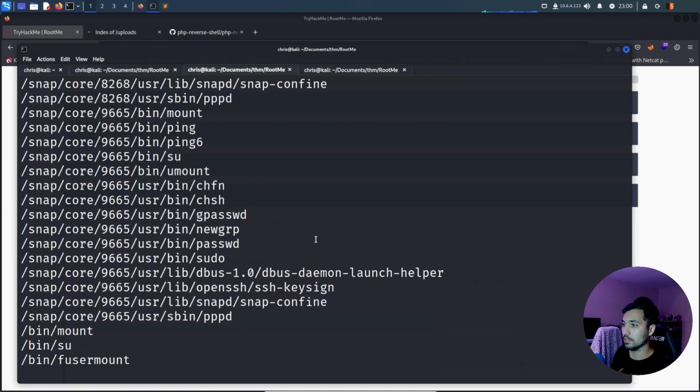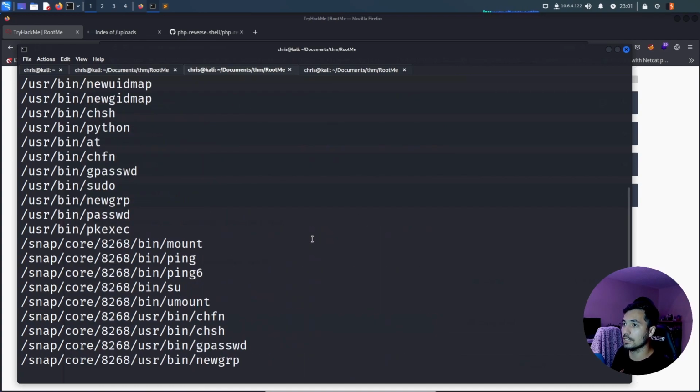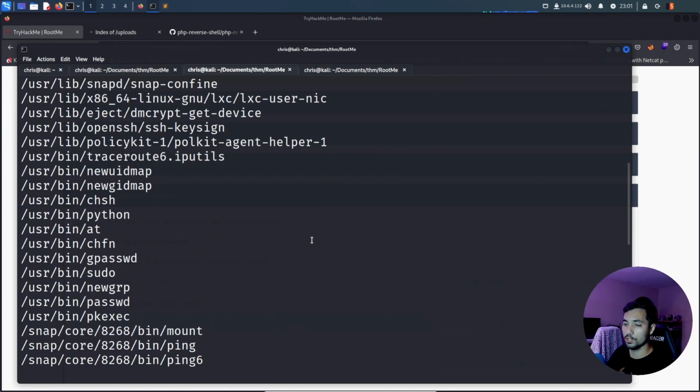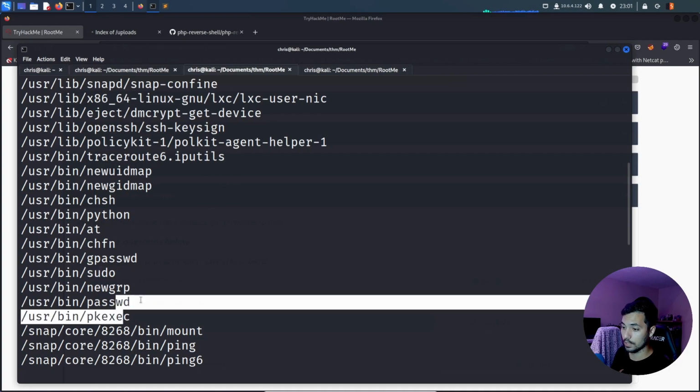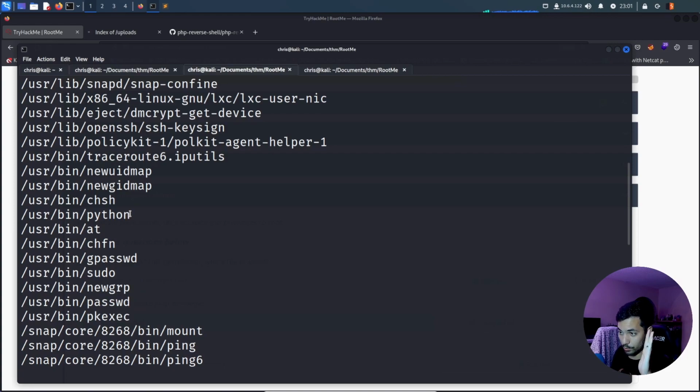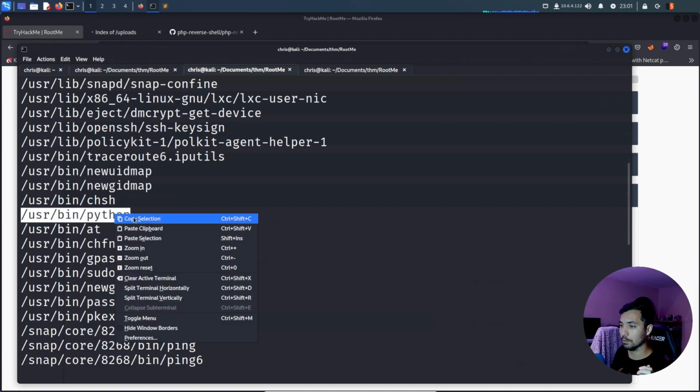We got a good amount of stuff. All right, let's see if anything stands out. A lot of things are going to have super user permissions by default, like usually ping. Let me see what else stands out. SSH key sign for OpenSSH. Obviously, these will require some sort of authentication for most of those. Password, sudo, like we mentioned earlier. Now, there is one that my eyes gravitated to as soon as I saw it, and that's Python. Python does not need super user permissions,